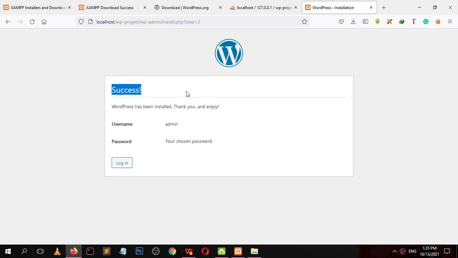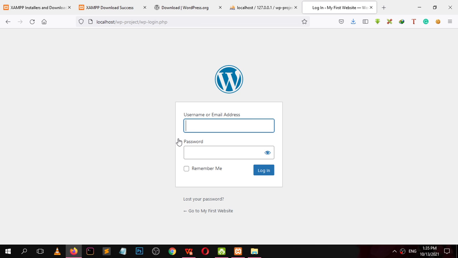We have successfully set up WordPress on our local machine. Now click login. The username we gave is admin and the password is password. You can check remember me, so you don't need to log in again and again.